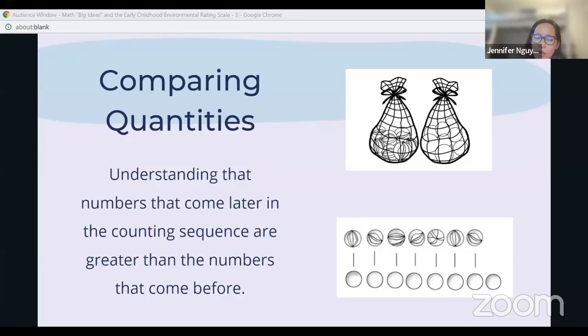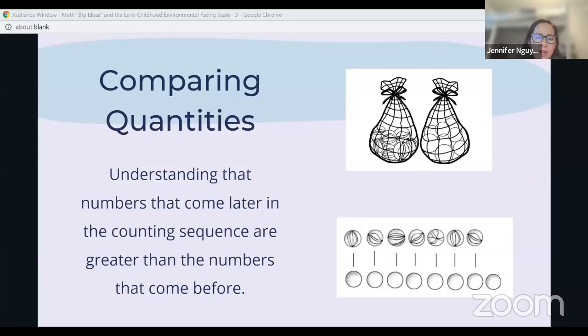And then you can again ask, why do you think this one? Maybe they weighed them in their hands and one is heavier and one is lighter. And that's what I'm talking about when we have a math experience where we use hands-on learning, whole body learning, and apply all our senses to understanding these concepts. So then the educator can say, well, let's figure this out. How can we do this? So in the bottom picture is a 10 frame. And we're going to line up the stripes, and then we're going to line up the plain marbles.